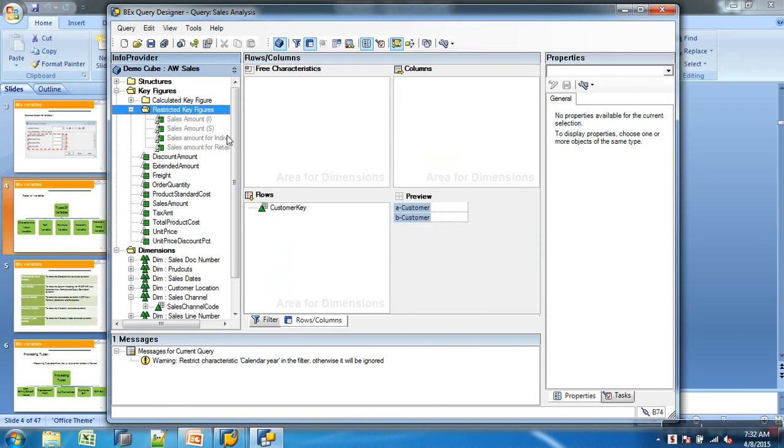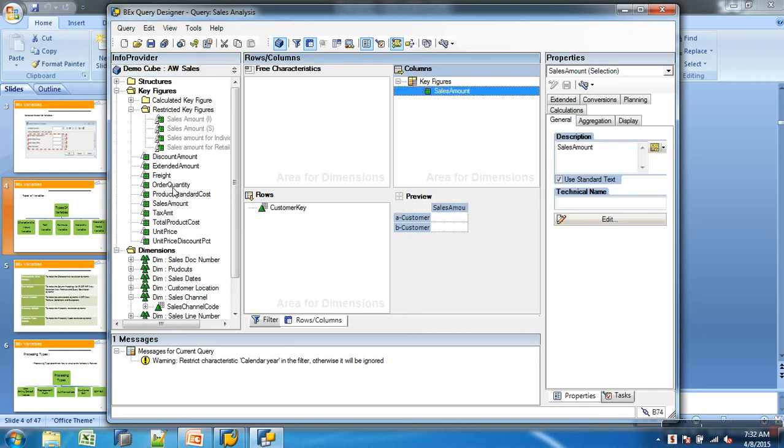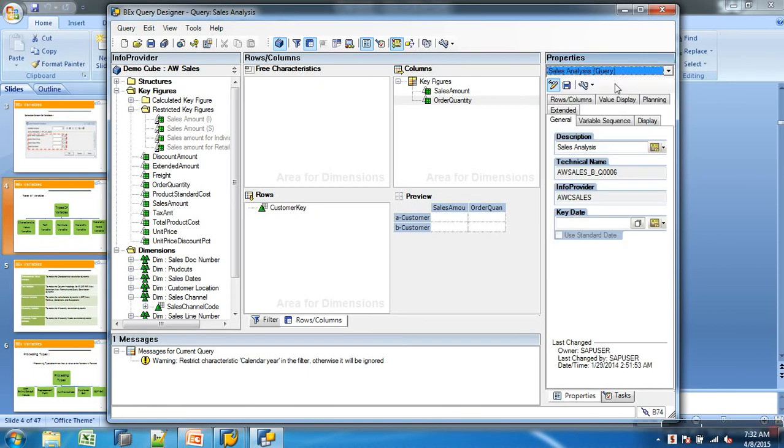Now look at this. Where do you see query properties? Now go to query properties. And this is the description of the query you have, right? Let's say when you're designing reports like a balance sheet report, I would have a requirement that always the title of the report should be balance sheet report as on today's date. So in this scenario, do I need to make the heading of the query dynamic? So then I would use a text variable here.